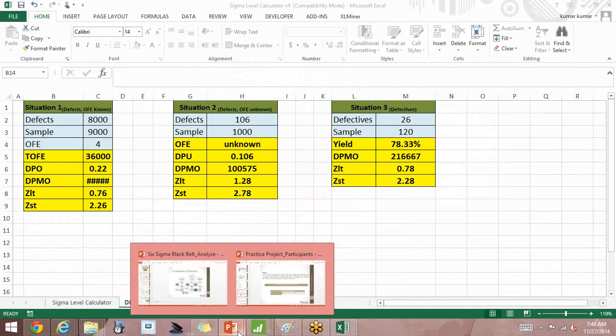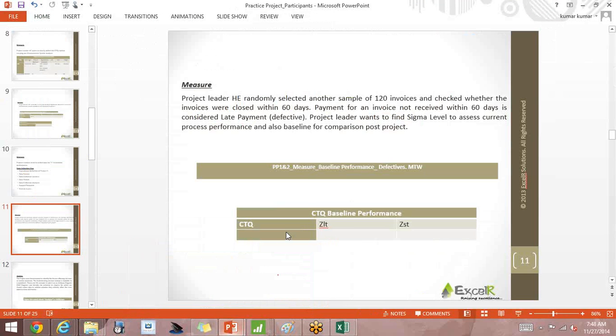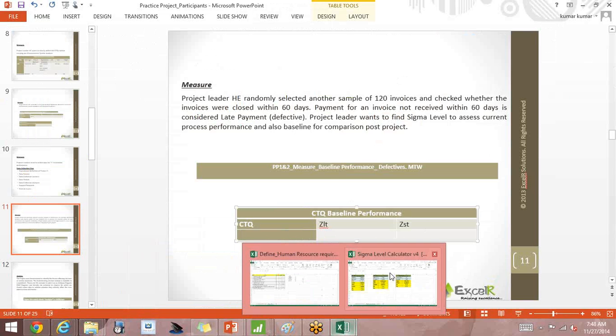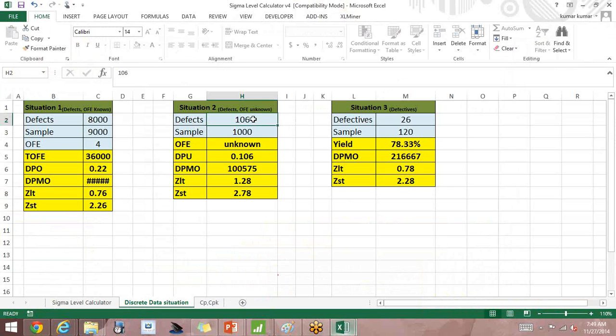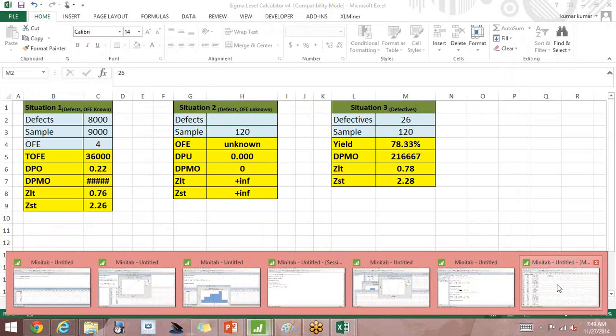So here there is a simple thing, Anuj. We need to calculate ZLT and ZST, right? There are 120 invoices, so the sample count is 120 samples. Now how many defectives are there? For that I've opened this file.